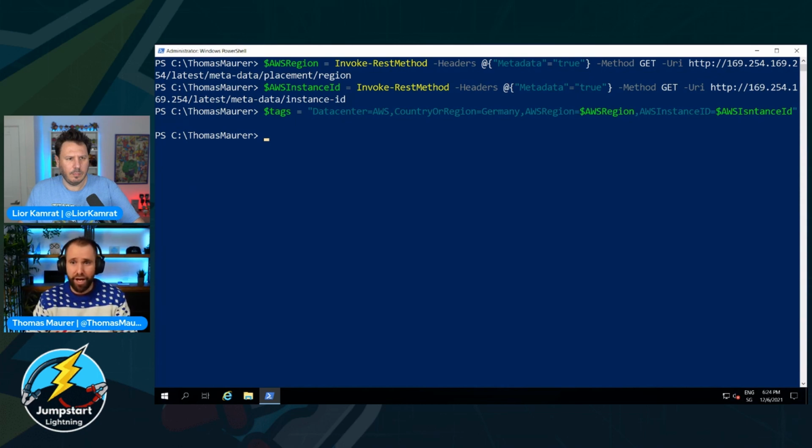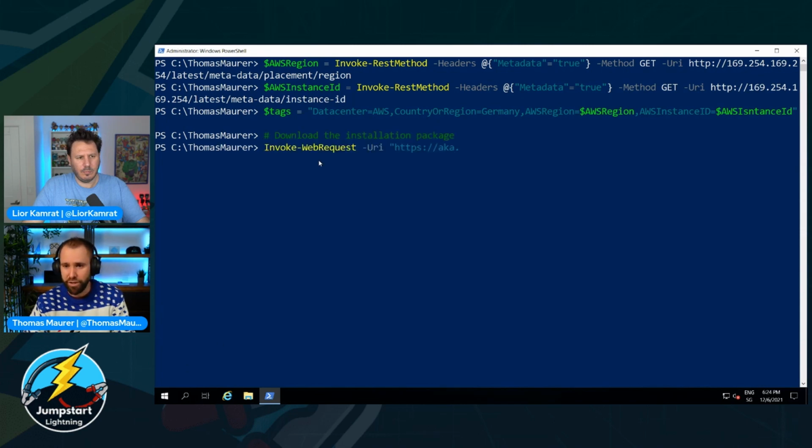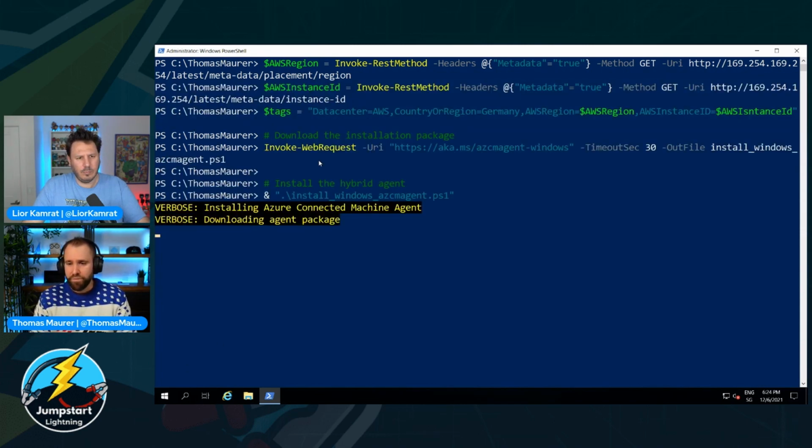And what I already have done, I already saved a couple of credentials, the service principals, to onboard the Azure machine. So I don't need to log in and stuff, and I don't need to show you the service principal. And from there on, I'm just going to run almost the normal onboarding script we do, with some slight modifications. So here we're going to start the onboarding. This will download and install the Azure Arc agent. And as soon as this is done, this will take a couple of seconds.